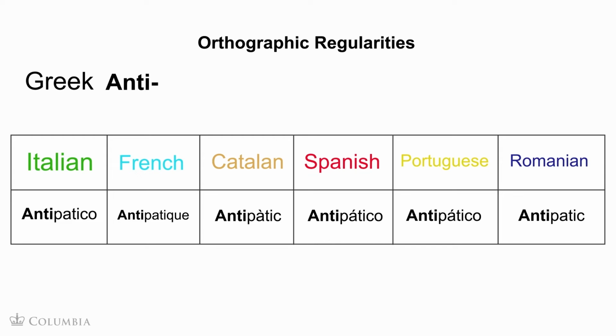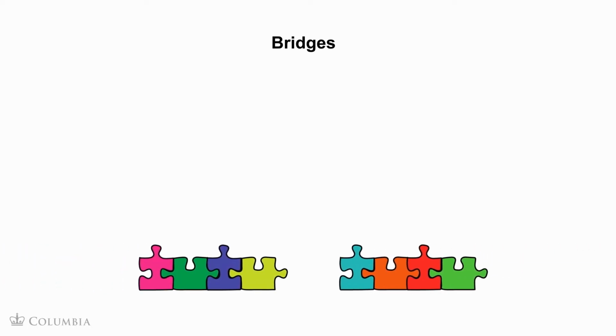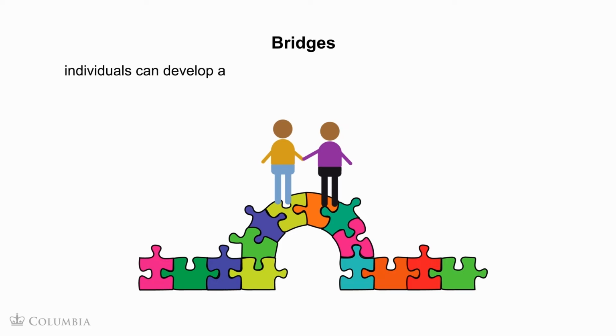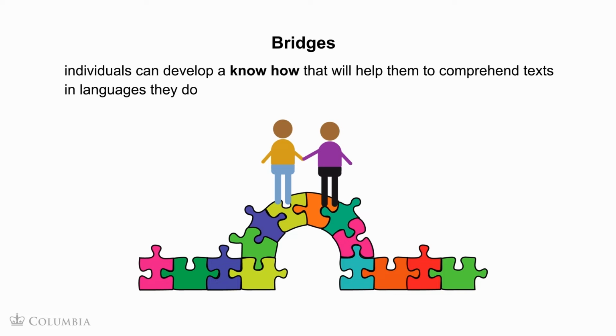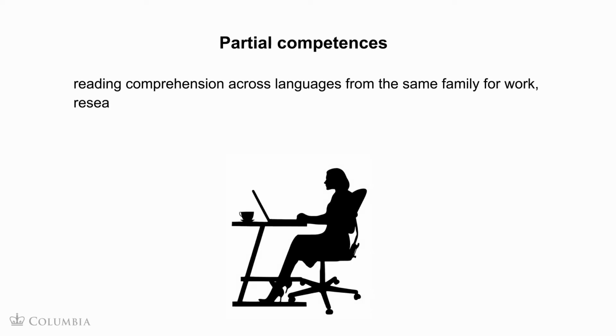These orthographic or phonetic regularities are called bridges. By identifying bridges or transparent linguistic features across languages, individuals can develop a know-how that will help them to comprehend texts in languages they do not formally know or that they are learning. Or they can develop partial competences to improve reading comprehension across languages from the same family for work, research, or